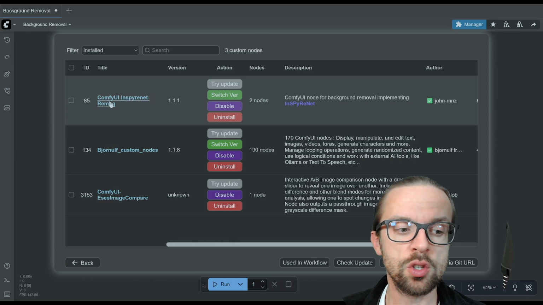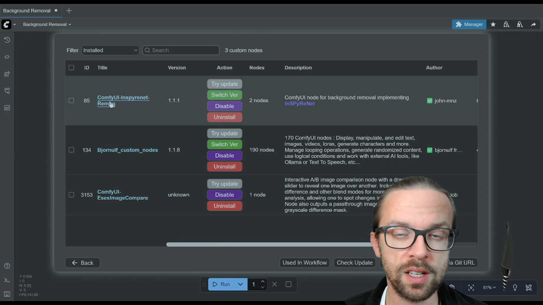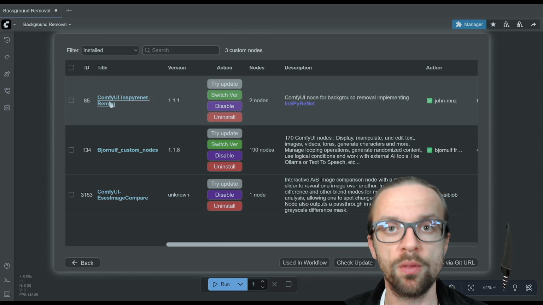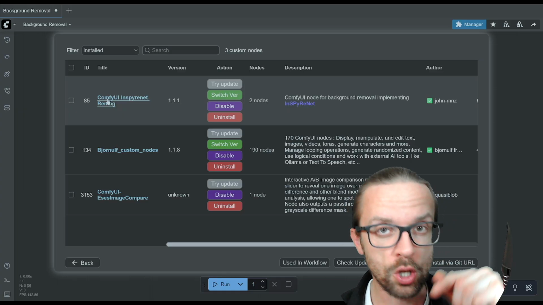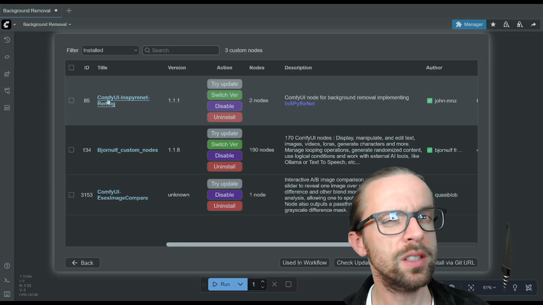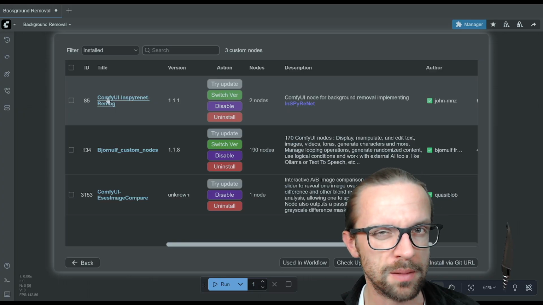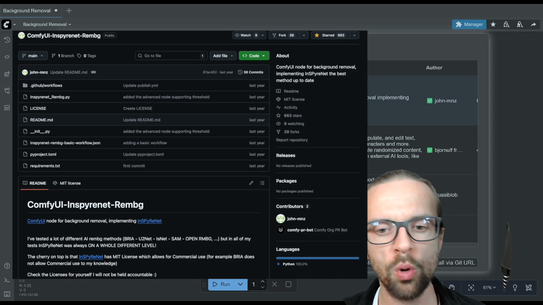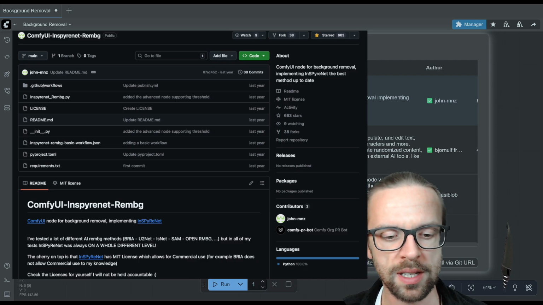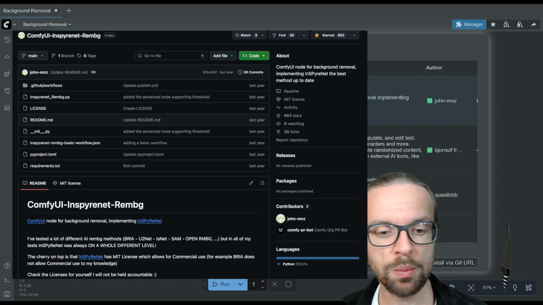Now, the thing is, this is not the only solution that enables us to remove the background. That's important for you to know. But I want to show you one thing, and I would say we go into the node and just take a look at the text to make you aware of something else. And here we have the code. If you're not a coder, it may look a little bit overwhelming or complex, but most importantly, what we have here are 2 things: the text, the description a little bit,